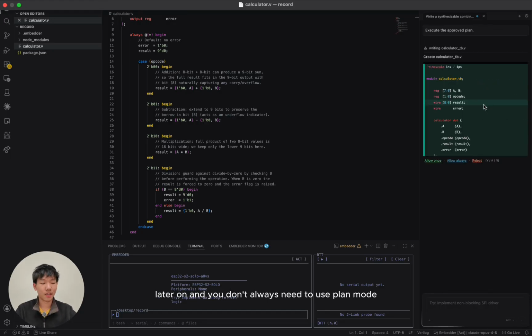And you don't always need to use plan mode, and you should only use it when there's multiple parts of the code base that are involved, or you're not sure what the right approach is. And if the change is risky, expensive to undo, or you want a document trail of why you did something. And so you can also talk to the agent with plan mode or with other modes as